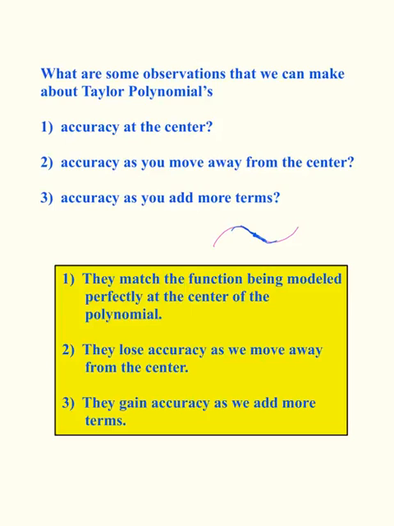So at the center, it was a perfect match. As you move away from the center, it's going to lose accuracy. However, if you add more terms to your polynomial, then you are going to gain more accuracy. Once again, remember that we went up to a 15th degree polynomial, and it modeled that sine function pretty well for 2 cycles. Okay. Now, the